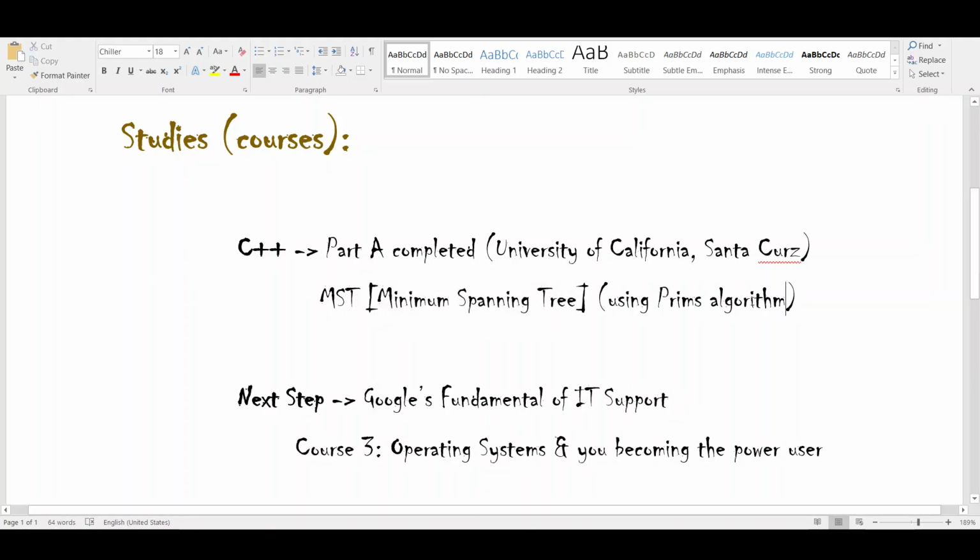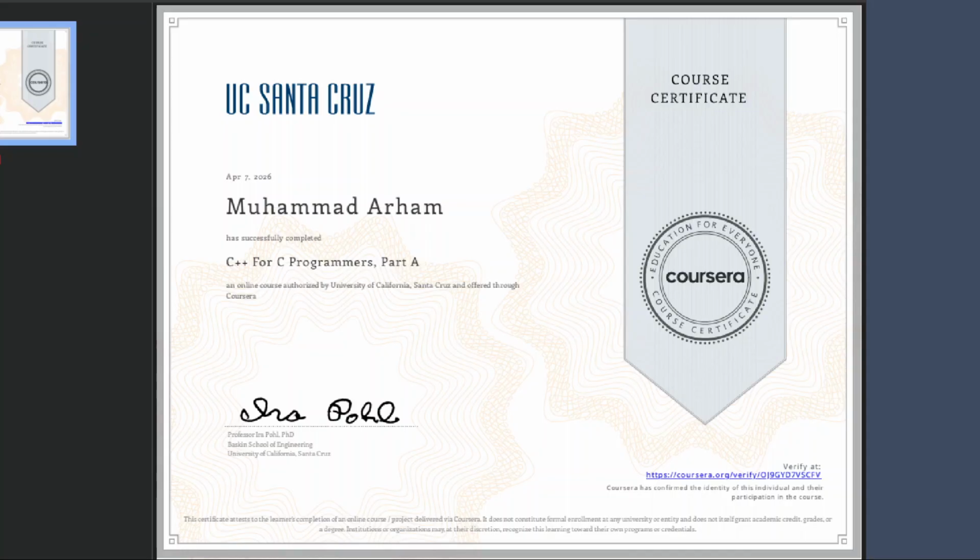First, you can see my certificate here, what I got after completing the course. So here is my certificate. You can see, I've got the University of California, Santa Cruz, Muhammad Arham. I successfully completed the course. So let's go and start with our